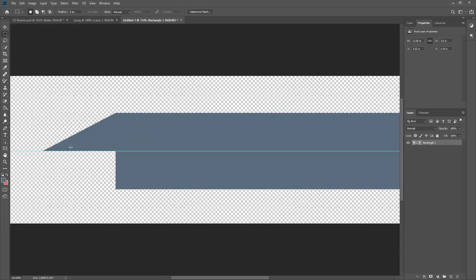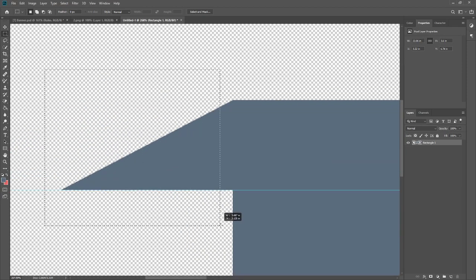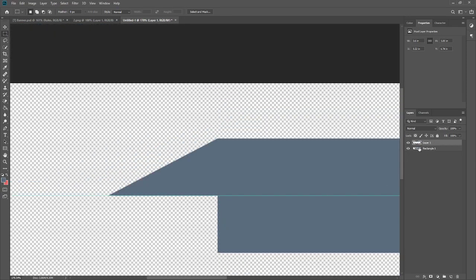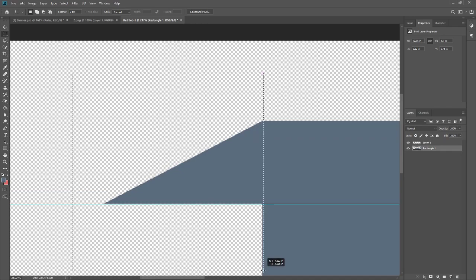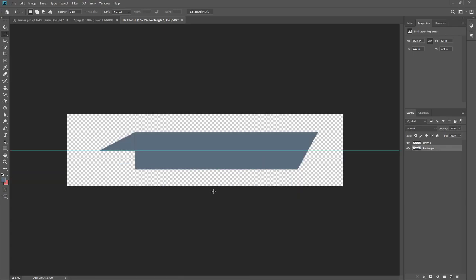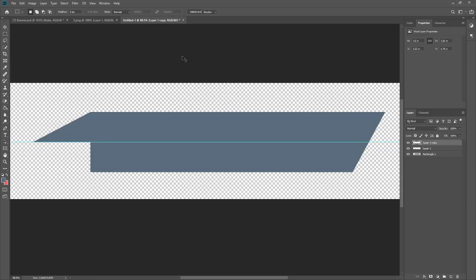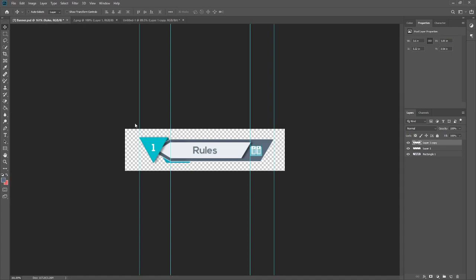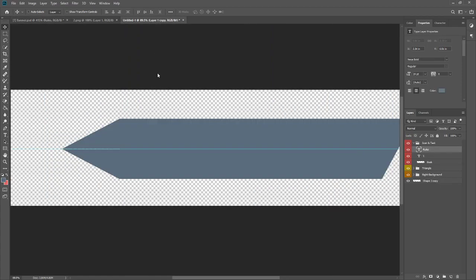We can just do a Control, oops, mistake. There we go. Control J that. Delete the old one for now. Yep, there we go. Now we have the top side. We can do a Control J, Control T, go up to height, add a negative to the front of it, flips that over for us, drag it down. Oops. And there we go. It's a bit too pointy, but we're going to be hiding this section as you'll probably remember. Most of that's hidden anyway.